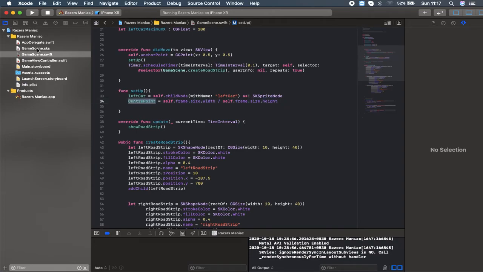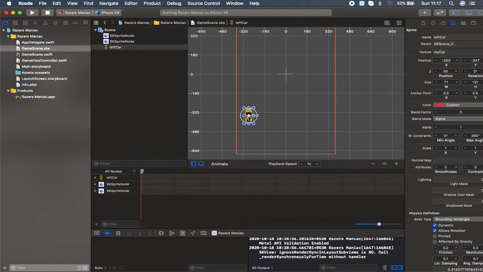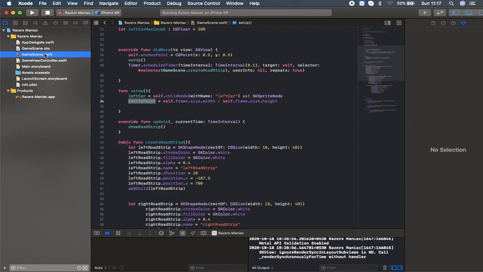And if we go into the GameScene.sks, here the car is in the left position, that's why I set the variable as left. I want to move the car left and right, so it will be moving on the x-axis. So here it will be minus 80 at the moment, and if the car moves here it will be plus 280. That's what it means. And going back to the GameScene.swift file,